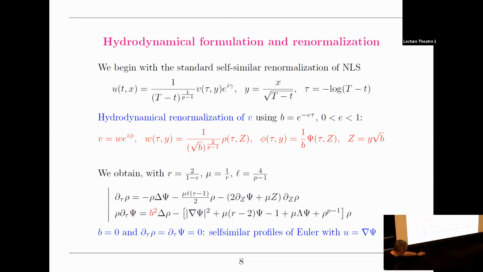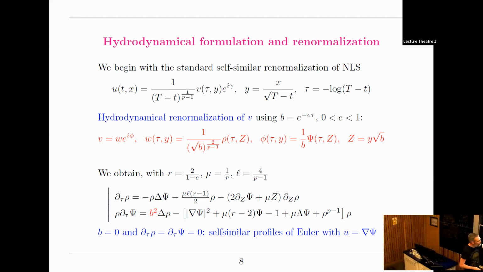And then, of course, your goal is to control the remainder. You want to show that rho check and psi check, at least up to a finite number of modes, converge to 0 as the self-similar time goes to infinity. But when you plug in this decomposition, given that your profile is not an exact solution, you get an extra term here, like b square Laplace of rho p, simply because the Euler profile does not satisfy this extra term.